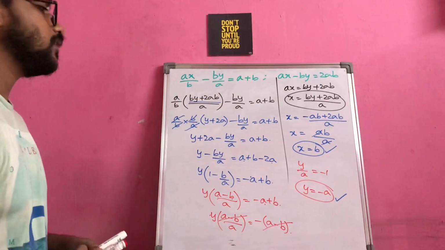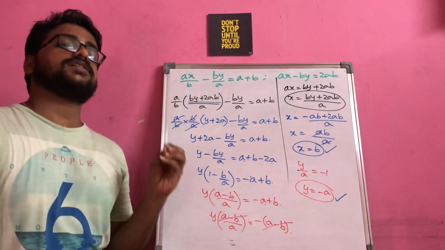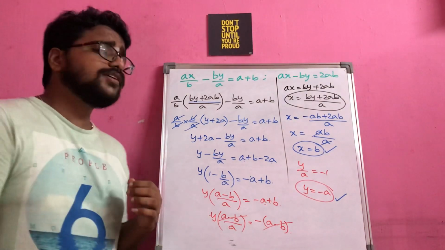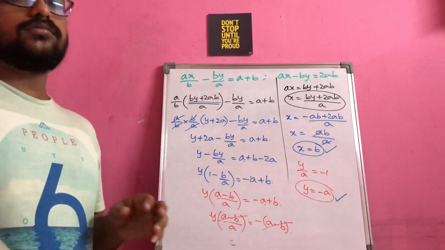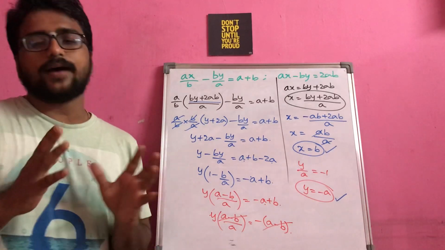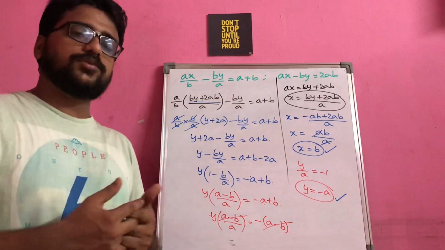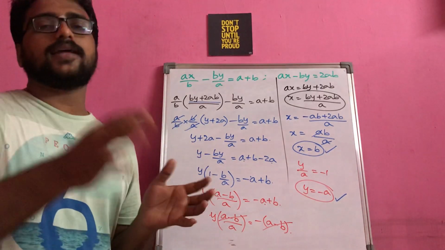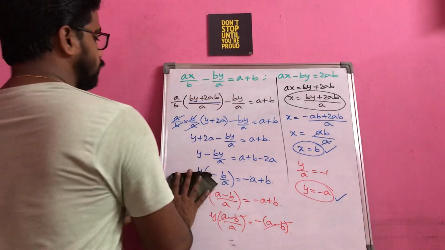You can cross check it by substituting these two values here or in any one of the equations, whether we are getting the equation satisfied or not. That is the important point. Okay, so whenever you have this many alphabets involved, you don't need to be tensed and think is it complicated or what. You just have to follow the methods that we already had taken before. Like if this is the question, how we are going to proceed. If it is a substitution method, how we are doing. So you should be careful in solving, thinking in that way. That will help you to get the answers easily, right? Let us see one more last question now.